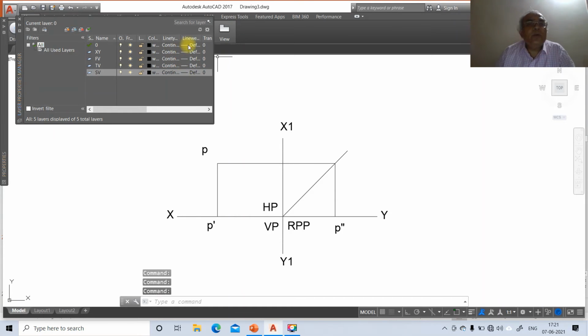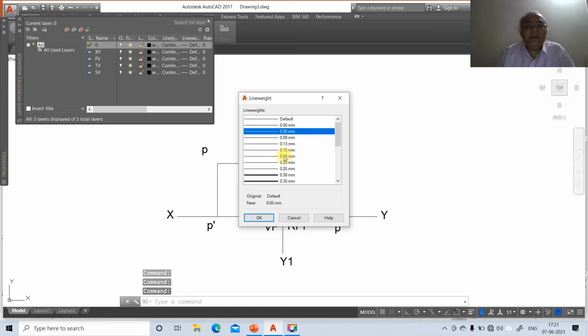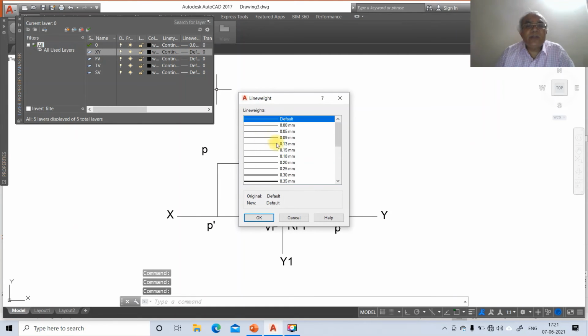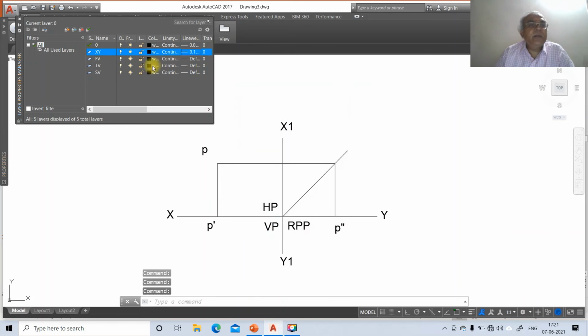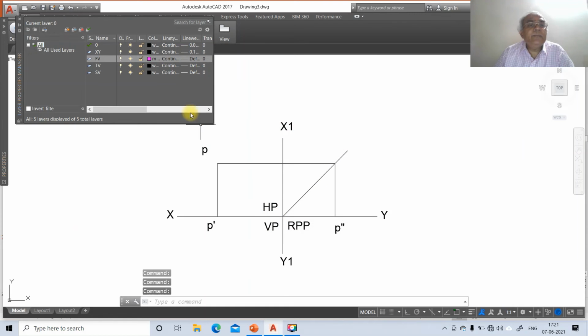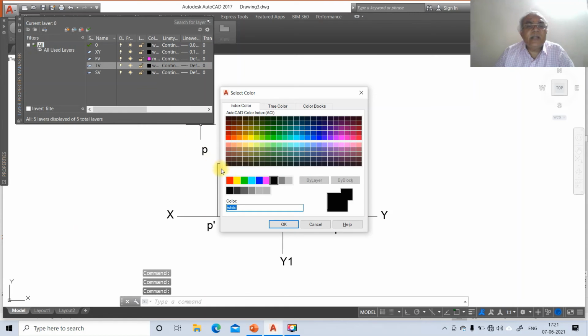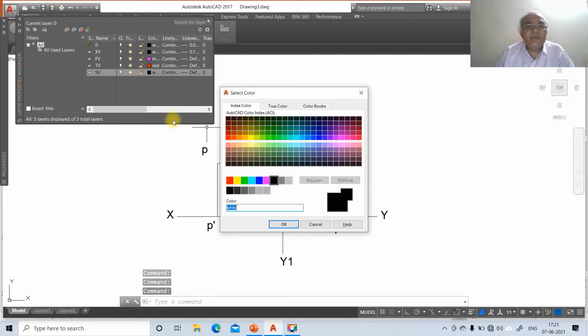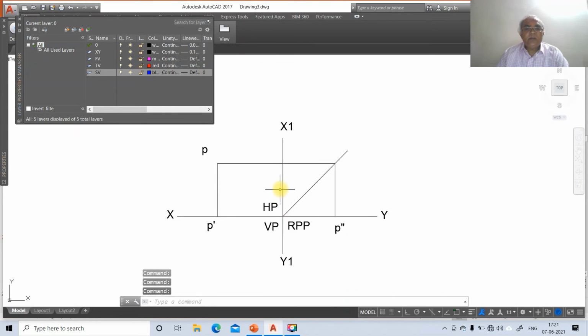So now we'll go to line weight. Default line weight is 0.05 and say OK. Layer XY should have 0.13. You select this and say OK. Then go to front view. The front view should have the magenta color, and say OK. Then the top view should have the red color. We're going to follow the uniform for all of my videos. We're going to have the same thing, and go to side view, click on blue color. Now here we'll change these to CH.